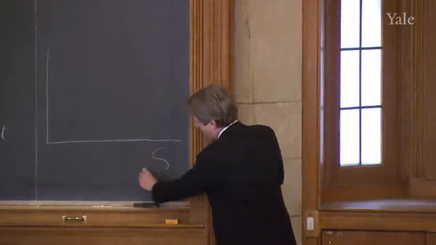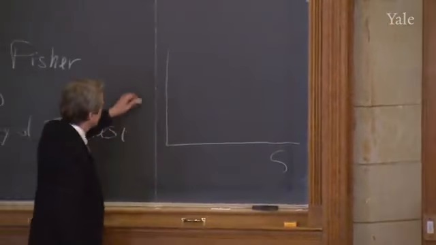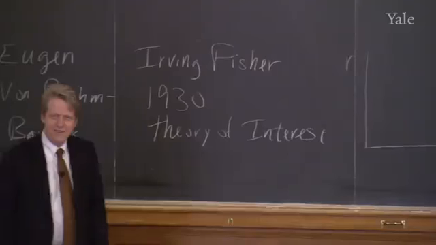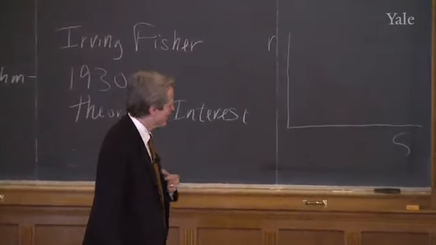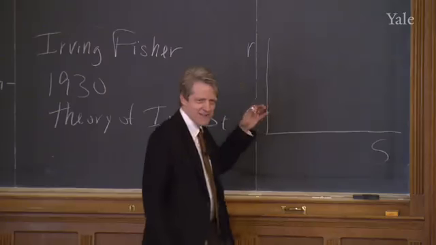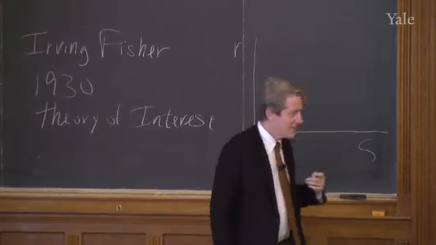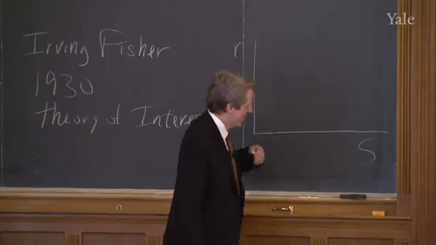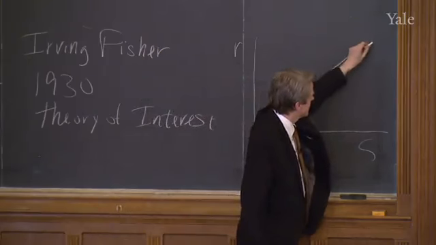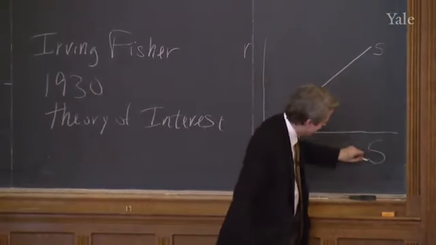So I'm going to put saving, or S, on this axis. And on this axis, I'm going to put the interest rate, call that R. I don't know why we commonly use R for interest. It's not the first letter, it's in the middle of the word. And the idea is that there's a supply of saving at any time that people then wish to put in the bank or someplace else to earn interest. And the theory is that the higher the interest rate, the more people will save. So we have an upward sloping supply curve. Now this S means supply, whereas this S down here means saving, okay?